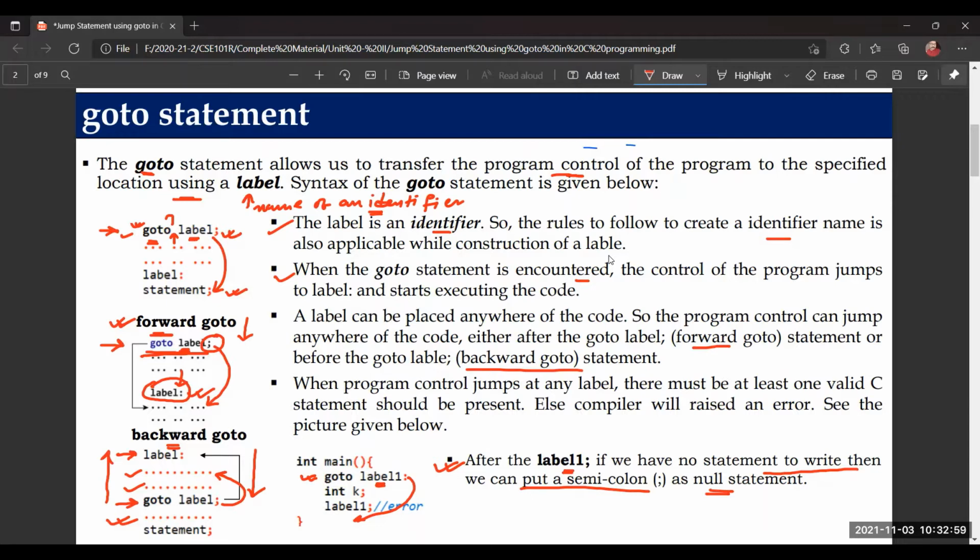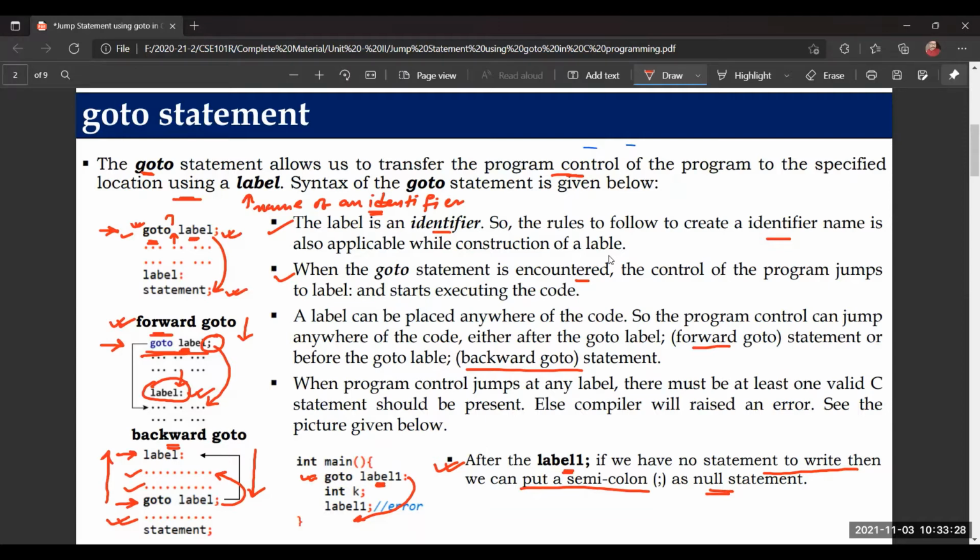Okay, so now I hope you understand how goto needs to be implemented in C programming, the syntax I have discussed, what the types of goto are, and what the purpose is. Suppose you want to jump to a particular location, and you do not want to execute some lines of code based on a certain condition; we can also implement that using if and else. I'll provide the link of the if else statement in the description of this video, so that you can understand when to prefer goto and when to prefer if and else.